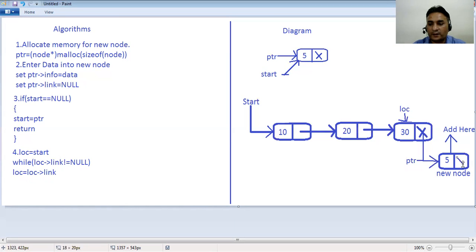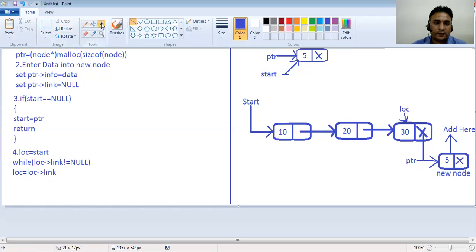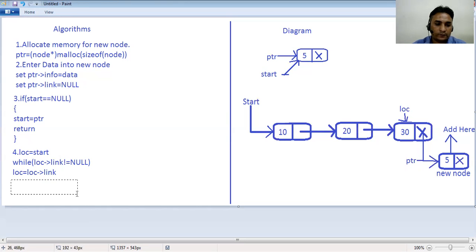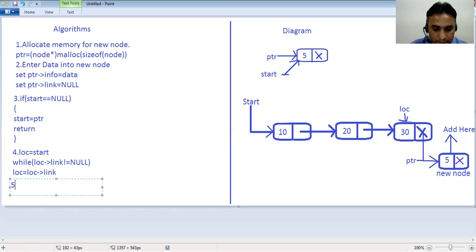This is already null, the link part of the last node. We previously set the link of the created node as null. So we write loc pointer link equal to PTR. After writing this line, our node is successfully added at last position.